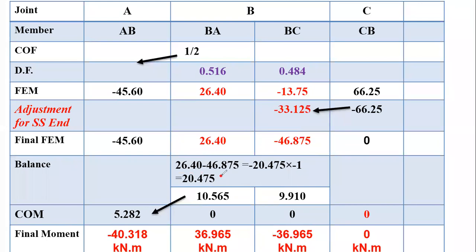Which moment? The unbalancing moment or the disturbing moment at a joint. The disturbing moment at the joint is what we have to distribute. So this moment you have distributed across the members. Now at joint B, moments are equal and opposite. That is the practical case. So these are the final moments. Once you get the final moment, the next step is the superimposed BMD.